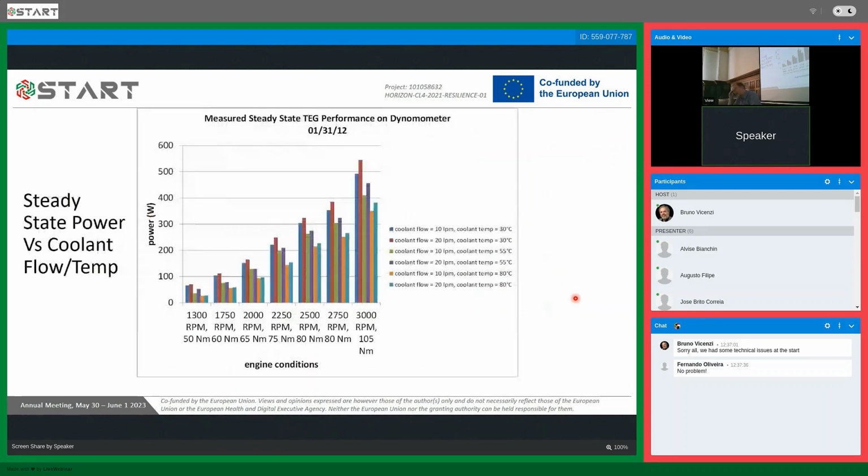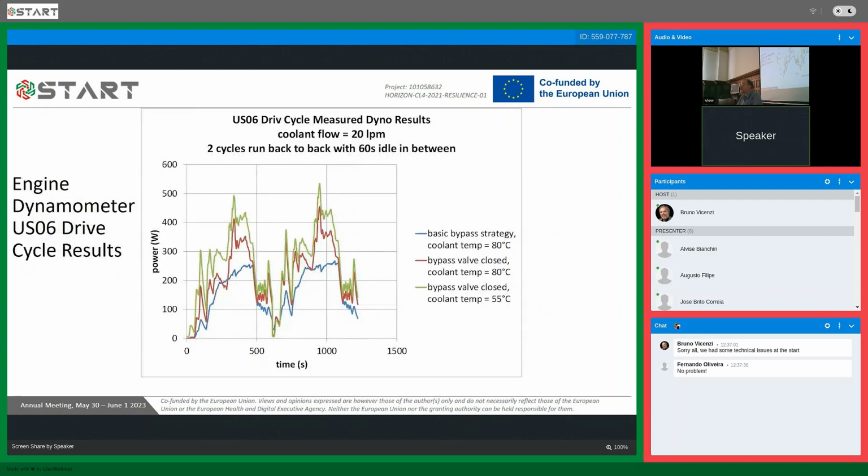So from there, we then took this TEG and put it on to an engine dynamometer. And this is just showing some of the performance on that dynamometer, again, at now different conditions. This is all test data, no simulation data on here. And here we had a more dynamic set of conditions, again, still on that dynamometer. You can see the variation in power output that we had, depending on whether that bypass was open, closed,